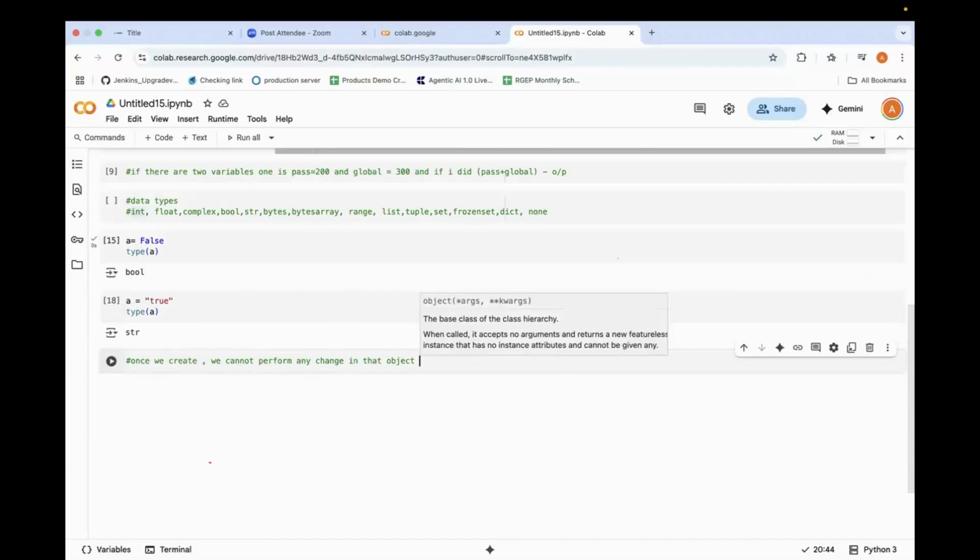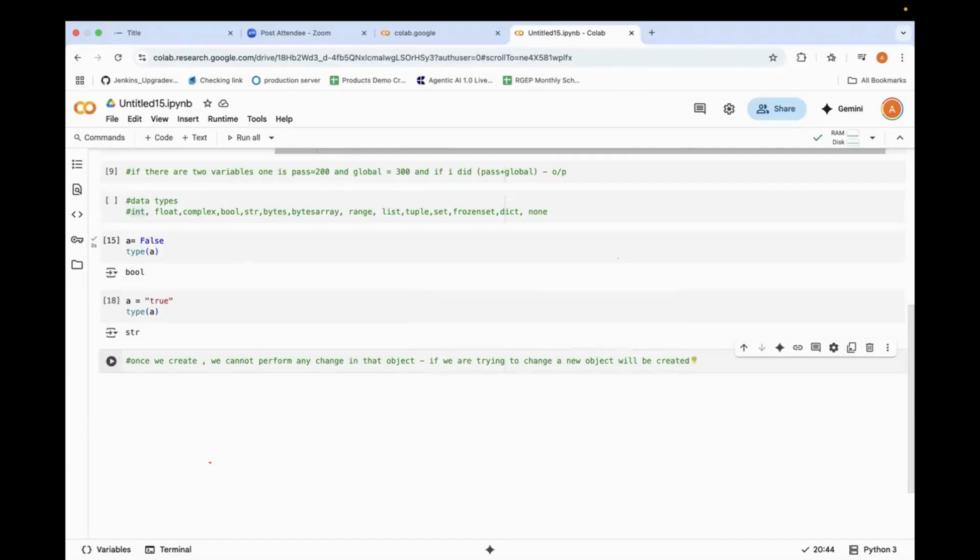This is very important. If we try to change it, then with those changes a new object will be created. This non-changeable behavior is called immutability.